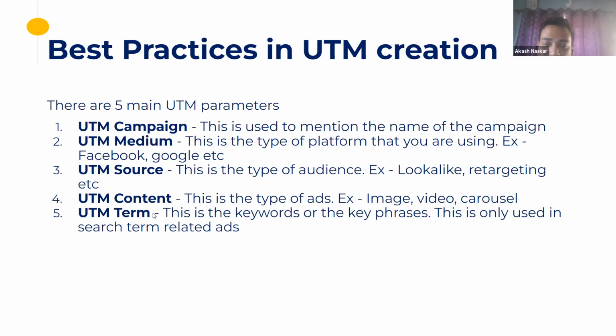Yeah, Ojas. So in the keyword, like each ad group has around 15 keywords. So which keyword to put from that? There's a dynamic parameter that you put in the keyword. And what will happen? The keyword that you search will basically get identified in the keyword section. So if you search digital marketing course and see your ad, in the UTM term, you will see the keyword that the user has entered.